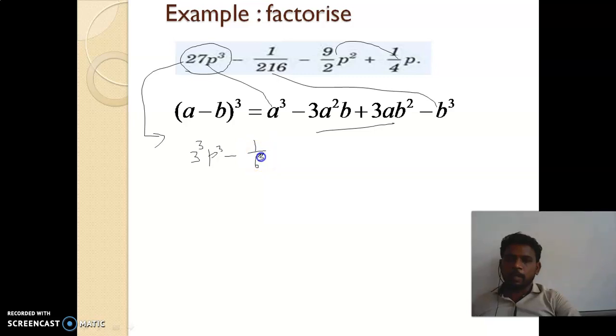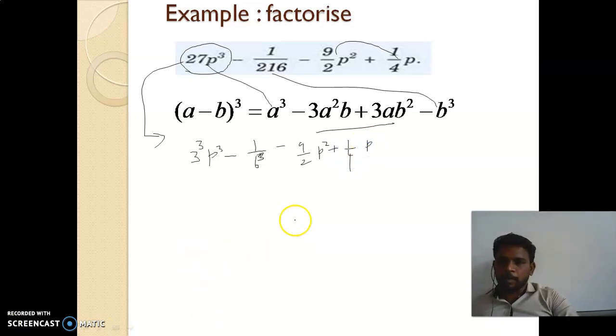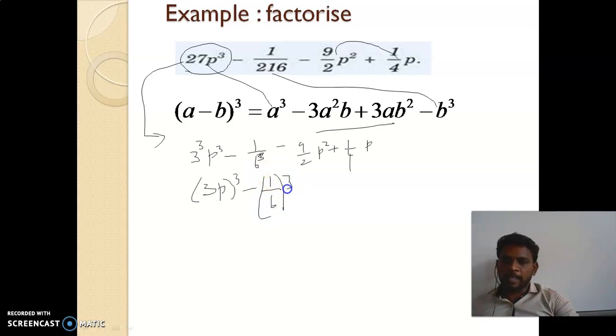Then minus 9 by 2 p square, then plus 1 by 4 p. Here both factors have the same power, so we can take it as a common power. So 3p whole cube and minus 1 divided by 6 whole cube,